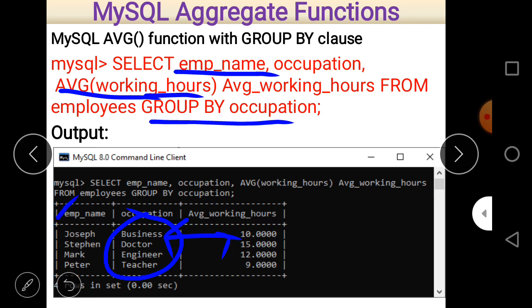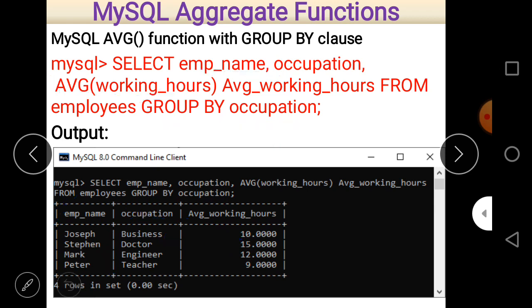But our main concern is the condition on behalf of which the group is formed, and the average, the aggregate function passed within the parentheses of the average function. So here you can easily see that.